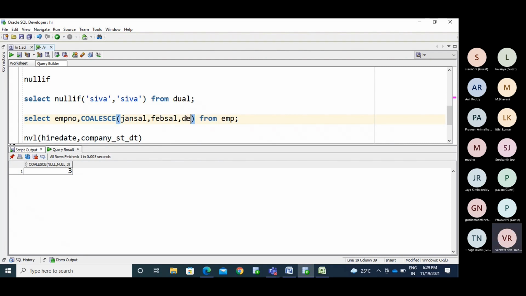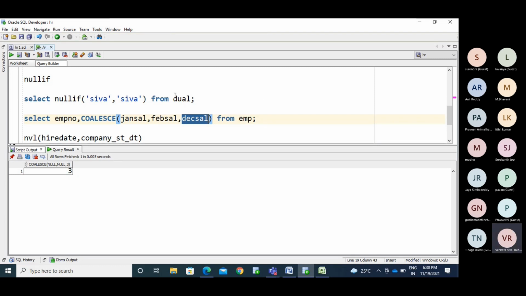So DSSL. If he joined in January, you will get the January month salary. If he joined in December, you will get all the 11 values till November as null, and you will get the value in this December month. So for working with null values, we need to use these functions: coalesce function, nullif function, NVL2, NVL.